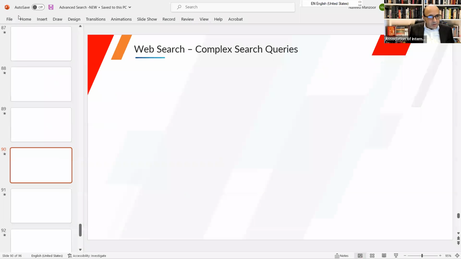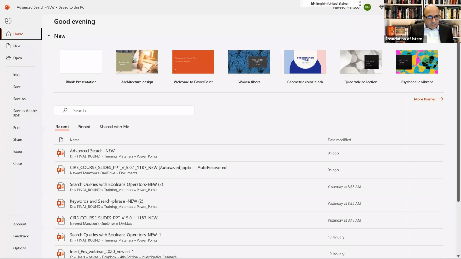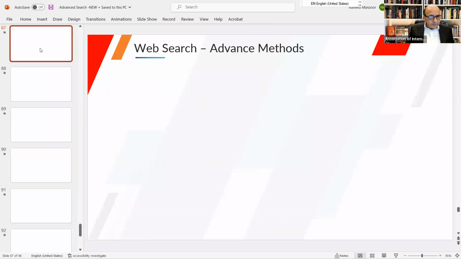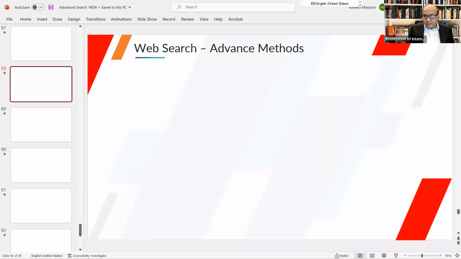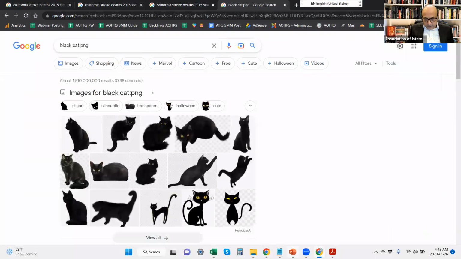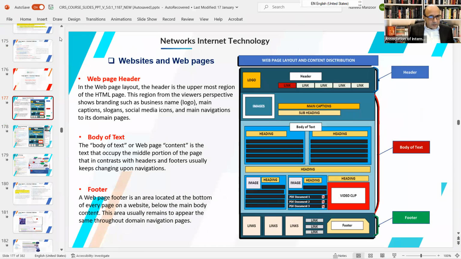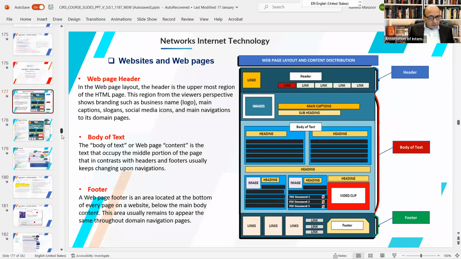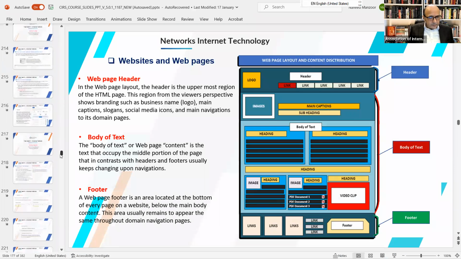I don't know what happened to this slide. It's not bringing the images. Okay, I'm going to have to shut this one, and perhaps I have it here somewhere. Okay, next is